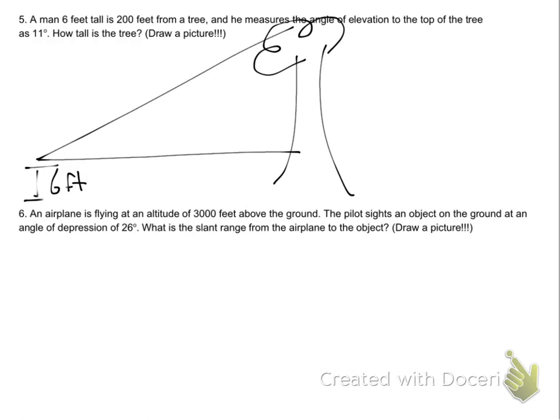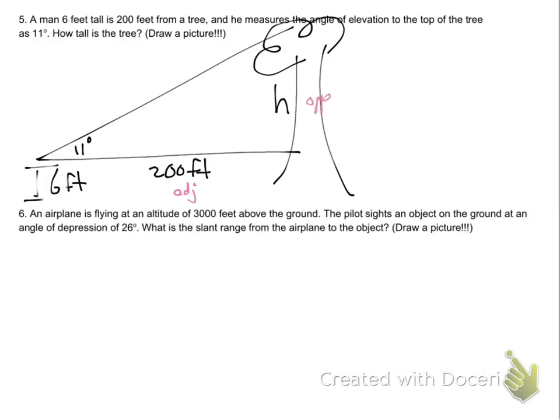At an angle of elevation of 11 degrees. How tall is the tree? Oh wait, he's also what? 200 feet away. According to angle 11, what sides do I have in question here? Because that's going to help us solve it. What's 200? That's the adjacent. And h would be